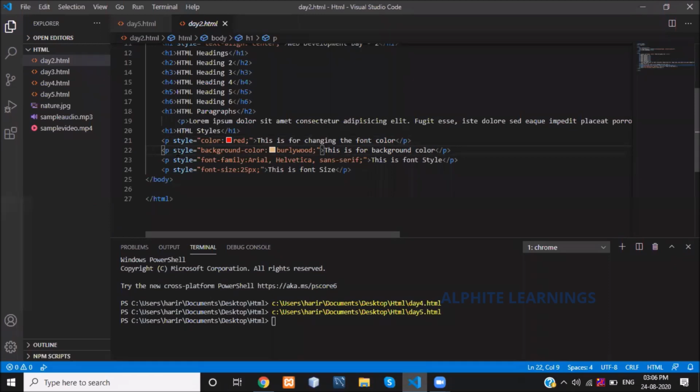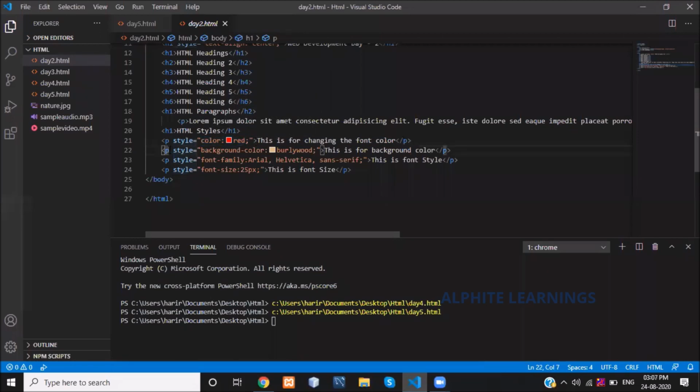This gives those particular styles to that particular tag only. In this paragraph, what I have given is for changing the font color, so for this paragraph only the color will be red.